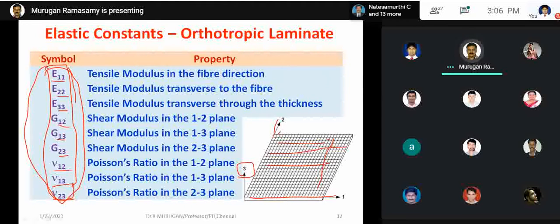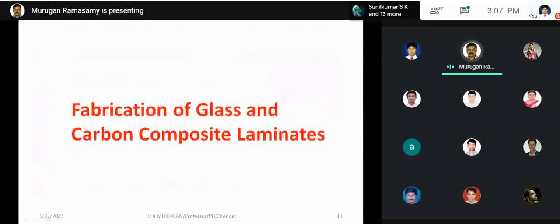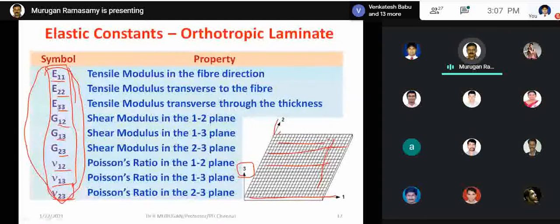And remember, these materials are man-made materials. If you use different fibers and different matrices, the material will have different properties, right? So for each fabricated laminate, we have to evaluate these properties. That is the challenging thing here. For each material or each batch of material fabricated, we have to do this testing. In that way, we can save more time by using non-destructive testing. So now, for doing that,